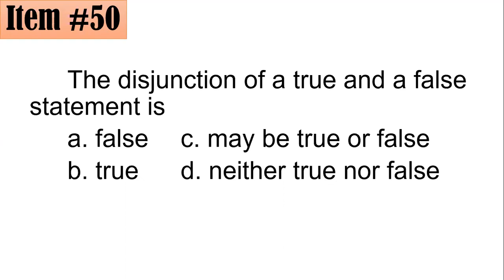So if you are joining statements or propositions using the term or, for example, Thomas is lying or Thomas is telling the truth. So the disjunction of a true and a false statement, joined by the word or,